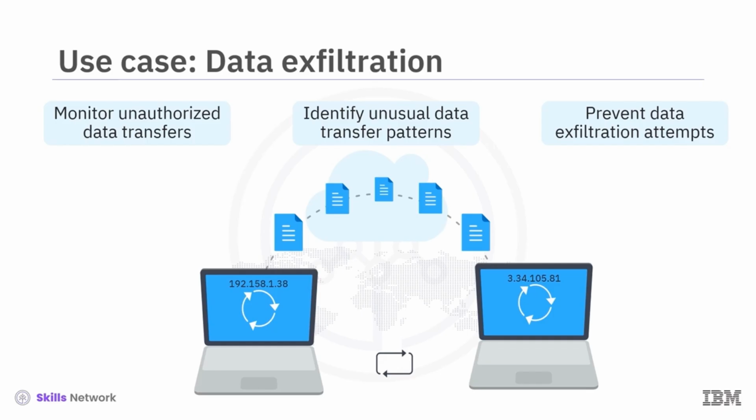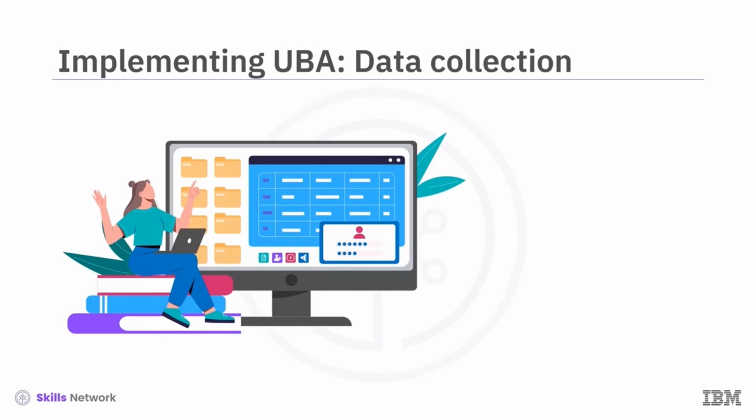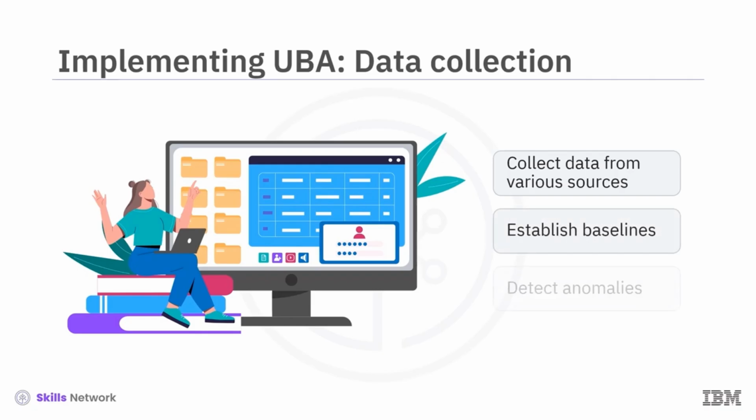Next, explore UBA implementation methods. Effective user behavior analysis requires comprehensive data collection from sources, including network traffic, system logs, user activity records, and application logs. This data is crucial for establishing baselines and detecting anomalies. For example, collecting detailed logs of user access to databases, file systems, and applications provides a rich data set for